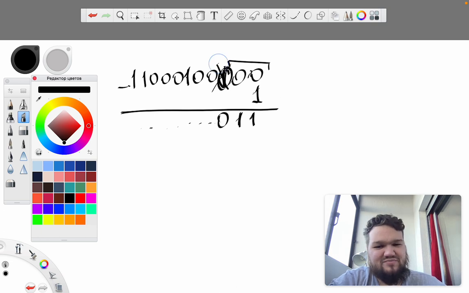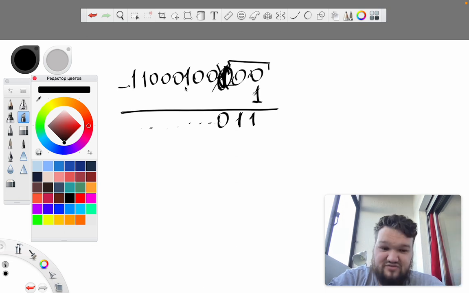Well, okay, let's subtract 2 to the power of the position of this bit. Then we will subtract this bit and 1 more from the previous operation. And then again we can find the position of this bit and continue until we found